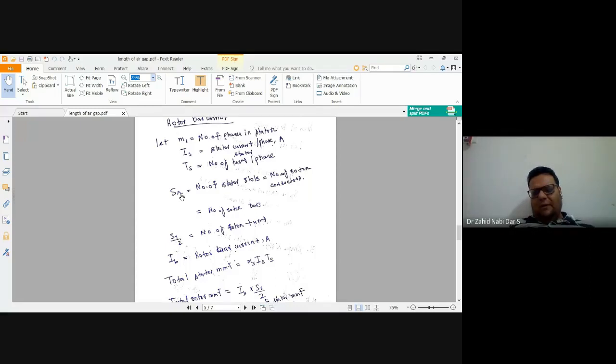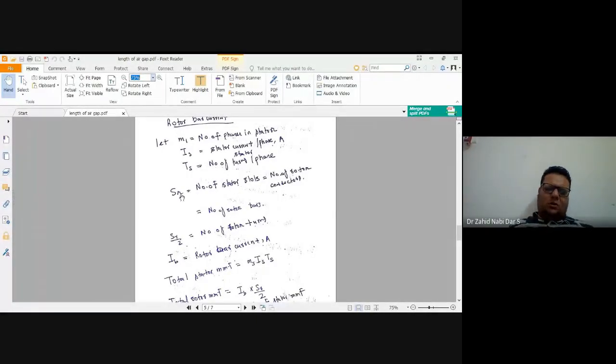So how many stator slots there would be, accordingly only you will design the stator conductors which need to be enclosed. Now in rotor turns, you have to divide it by 2. The number of stator turns cannot be equal to the number of rotor turns, because stator is one side and rotor is another side. So one part of it comes into the picture. So there is a parallel path arrangement, hence you are dividing it by 2.